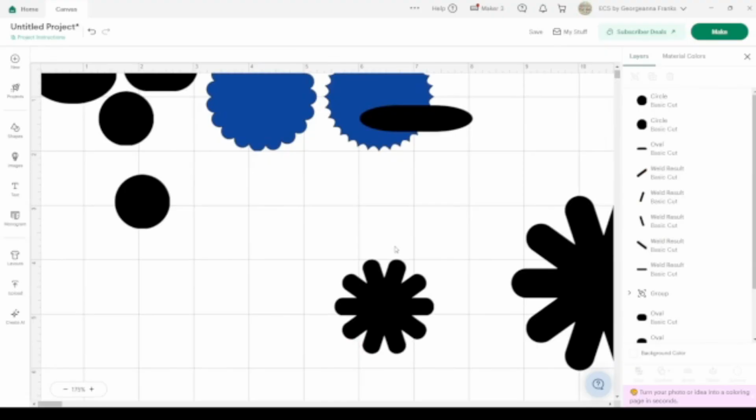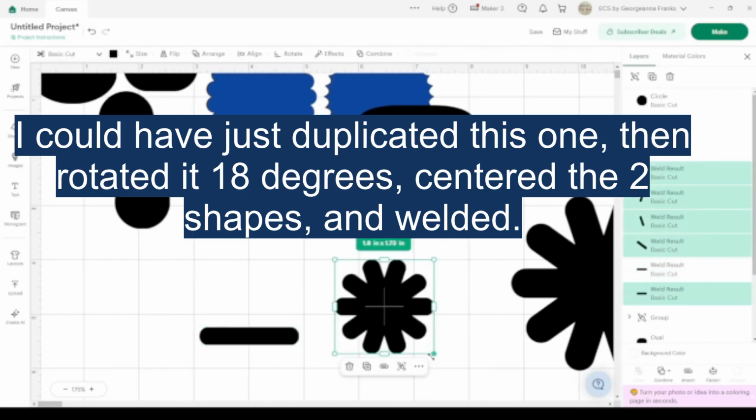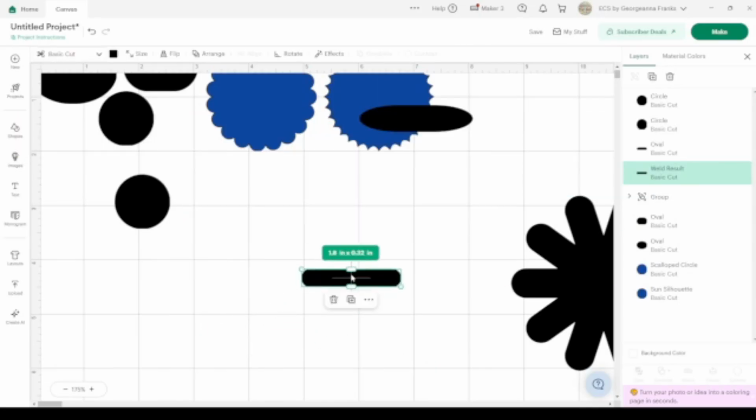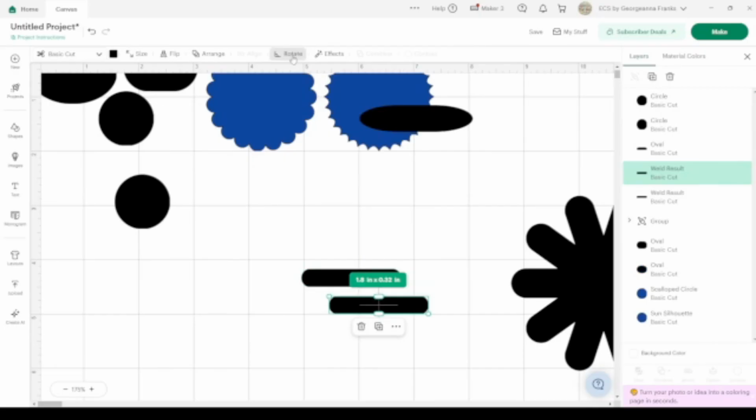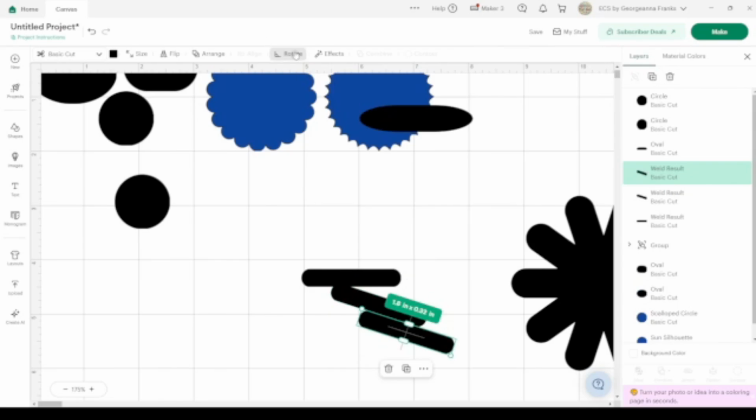Alright guys, I figured out what I did. I should have gone with 18 instead of 36. So, we're going to try it again. Let me just pick this one here. We'll pull it out. I'm going to get rid of that because essentially it's the same as the other one. And let's do this. I usually start up and down instead of side to side, so that's partially confusing me, I think, but we'll see. So let's try it again. We're going to duplicate, we're going to rotate, and instead of 36 we're going to do increments of 18. Alright, so duplicate, rotate,